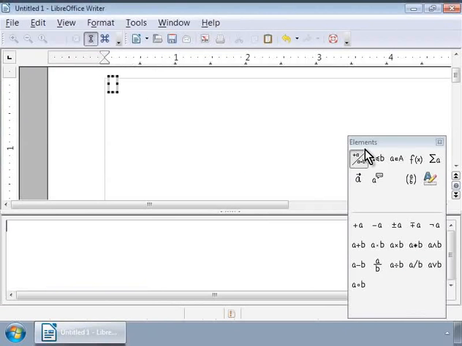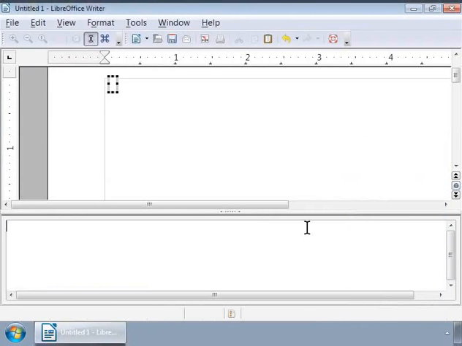Using the Elements window is a very easy method of writing a formula. But directly writing the markup language in the formula editor is a faster way of writing a formula, because markup language for a formula resembles the way we would read the formula in English. For example, to write 4 into 3, we just need to type in the formula editor window 4 times 3.